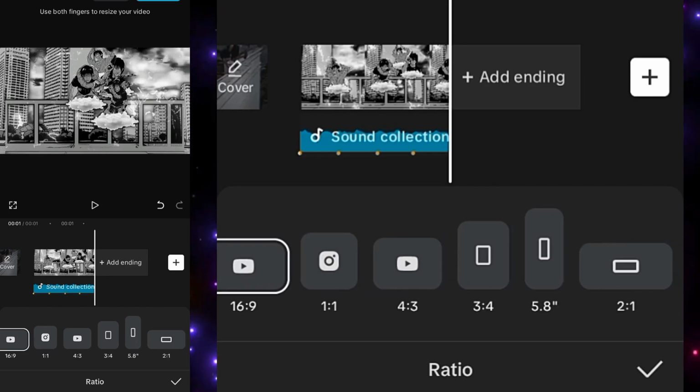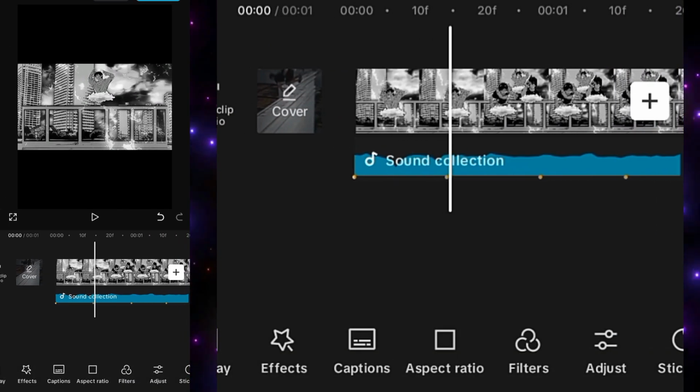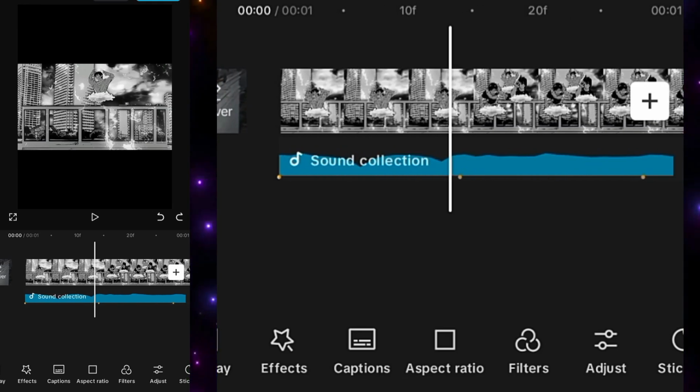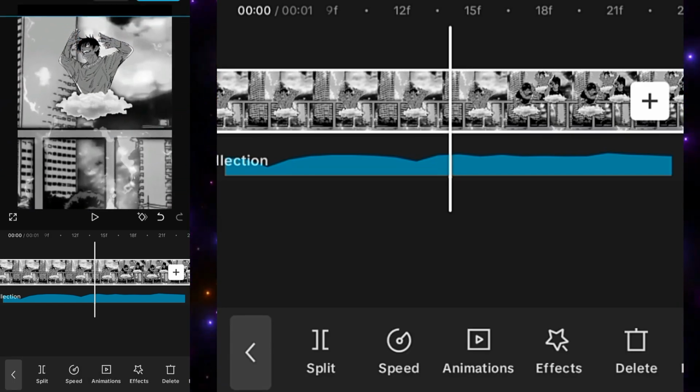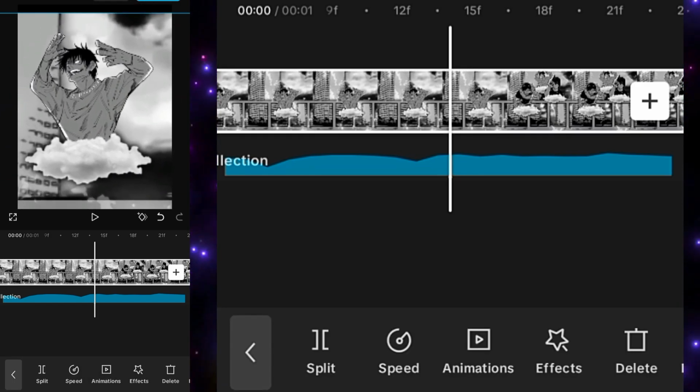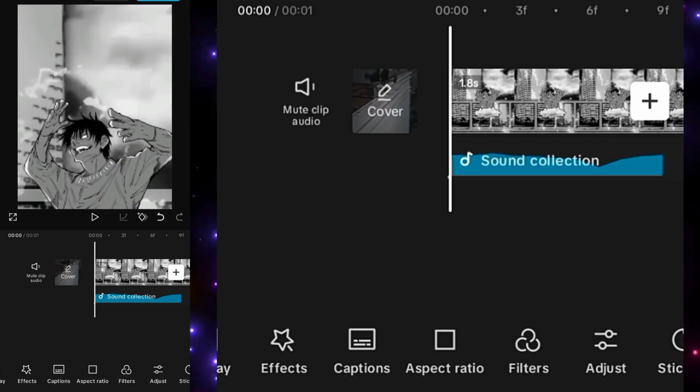We will go to the aspect ratio. Over here I'm using 3:4 ratio. Make sure if you are using 9:16, the adjustment will be according to that. So we'll go on the beat, and we will adjust it where we want it to be ended. We are on the second beat, so I want it to end at this point,